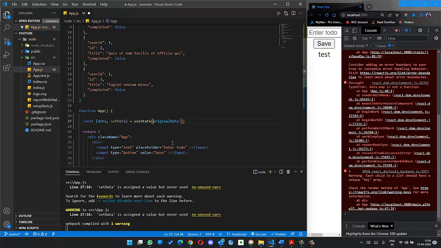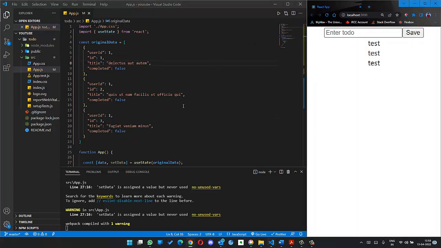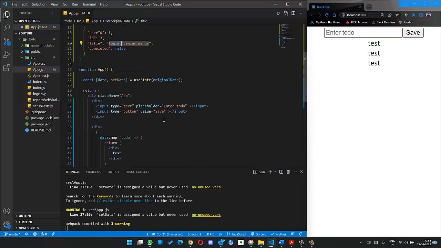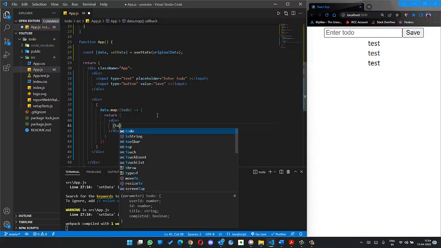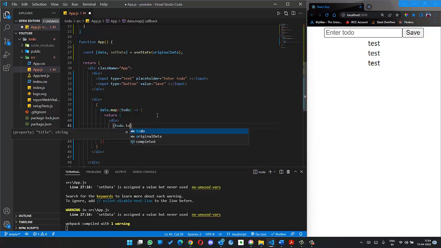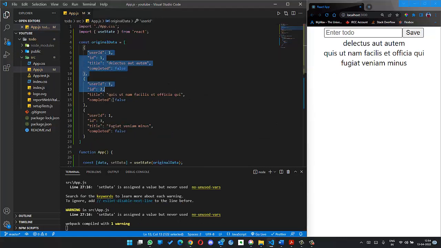I don't think we will need to specify this either, so I think that should fix it. There we go. So we actually don't want a static text here, right? So we want the title of that particular to-do. So what we'll do next is, instead of this text value here, we will be using the to-do.title value. This to-do would be a single element from the data array, right? So if we do that, go and save, we get all the titles from every to-do from the original data